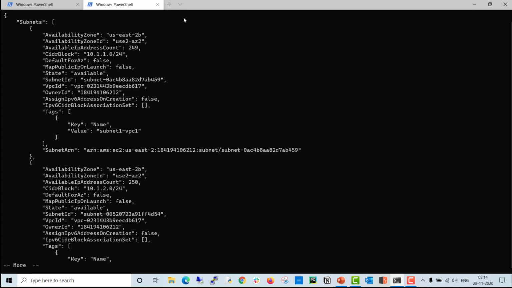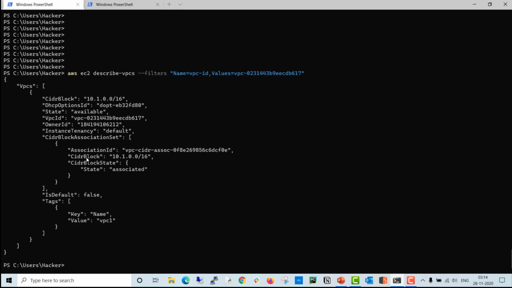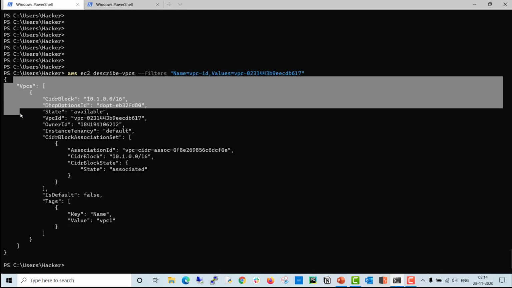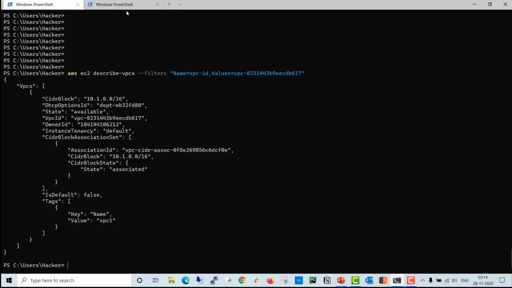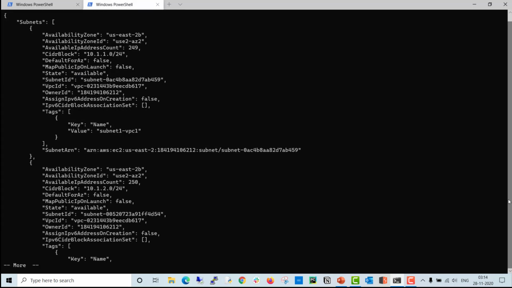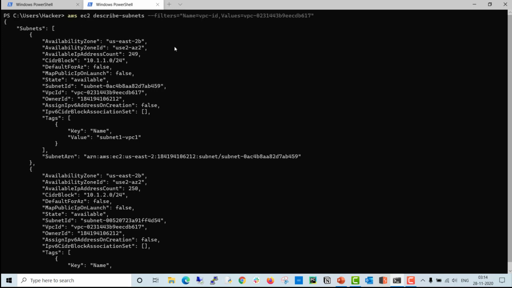Okay, so you can see here we have a VPC. I'm going to explore and enumerate more about this VPC. How many subnets are there? So I specify this one. This is the command to specify the particular VPC. You can see here there are subnets. This is subnet 1,